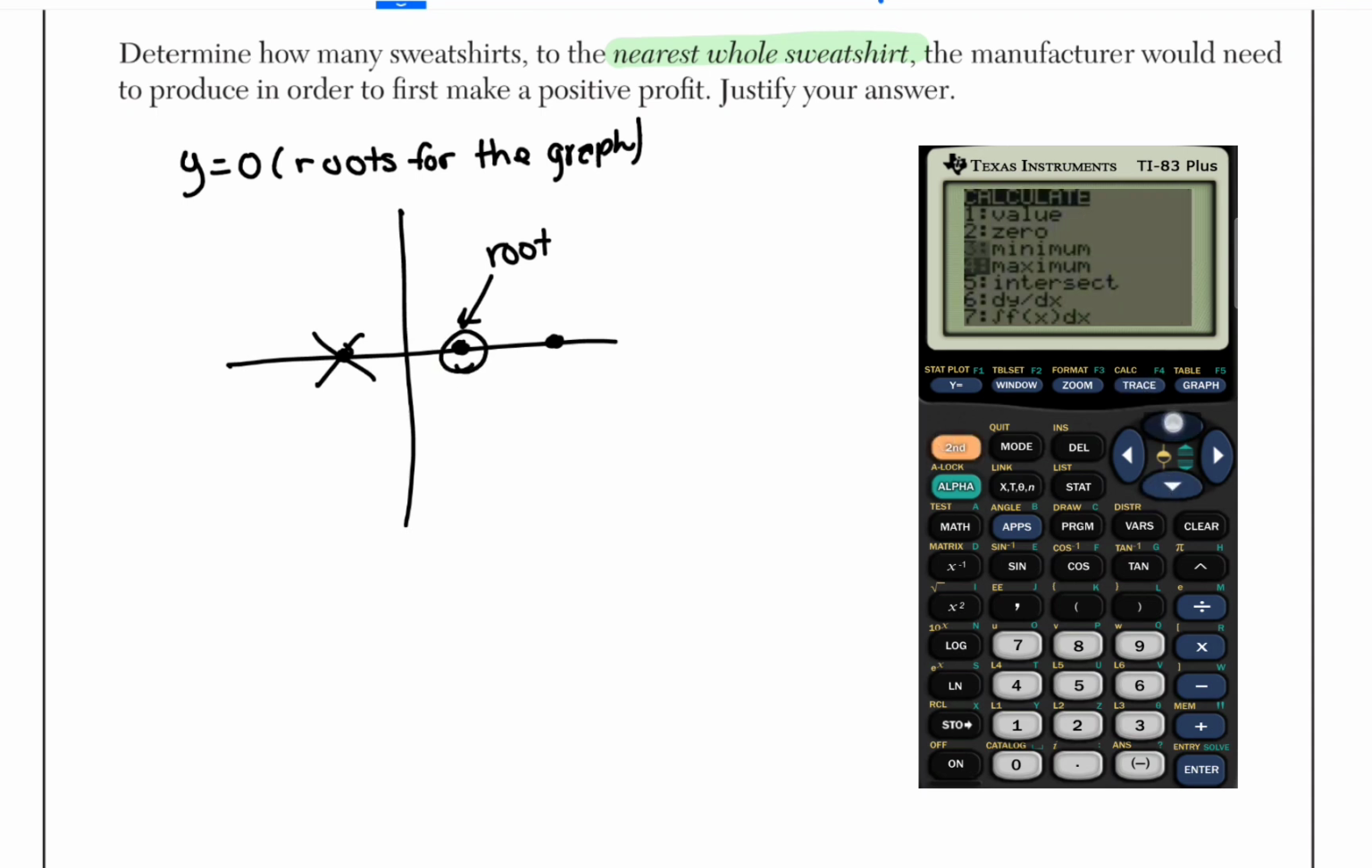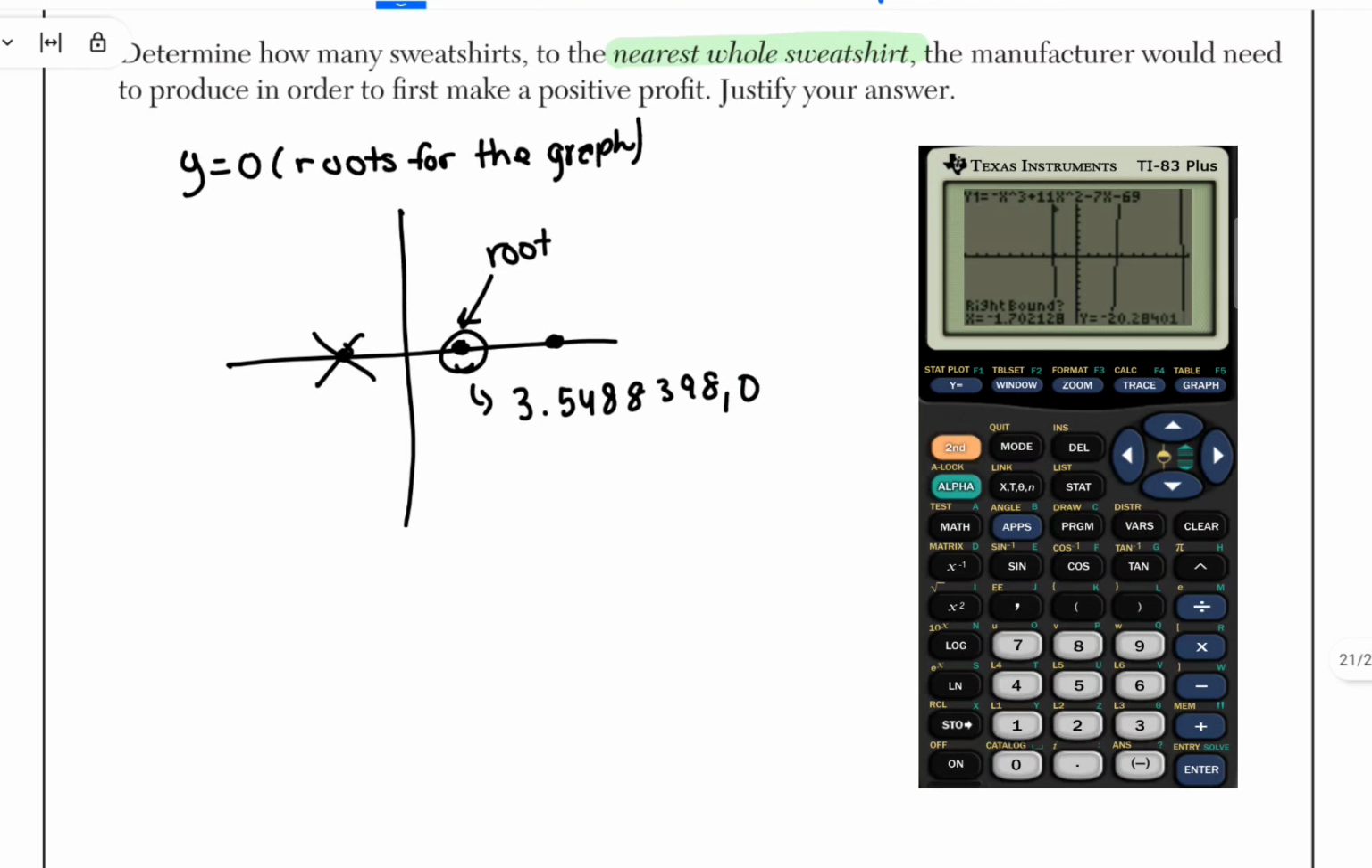So when we find this root on our calculator, we're going to get its value to be 3.5488398. This is going to be the root. And so again, we use y equals to find the roots for the graph. And we get the x to be 3.5488398. So we have that. Now, is that our answer? No, because we said what? Sweatshirts are in thousands. So to the nearest whole,